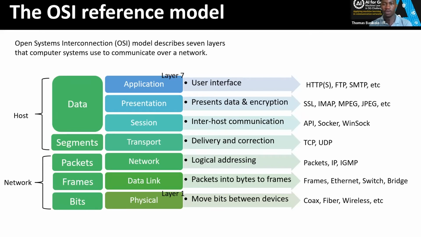This is one of the most talked about topics when you're talking about networking. You talk about this OSI reference model. So what is it? OSI stands for Open Systems Interconnection Model. It is a framework that is used to describe the function of a networking system. We want to make sure that everyone doesn't just do their own thing and it doesn't work with others. If you come up with a networking solution, or an end user device, it should be able to work with